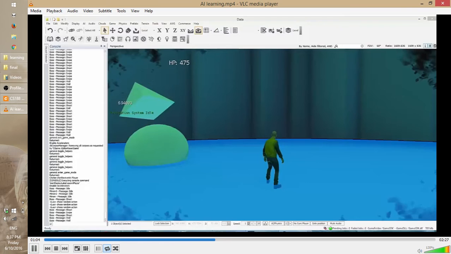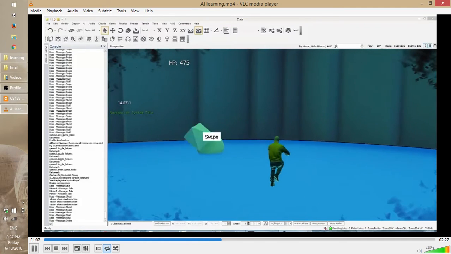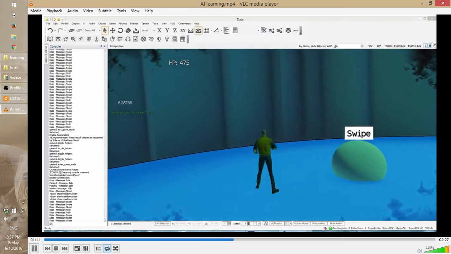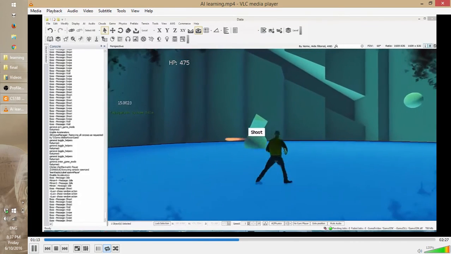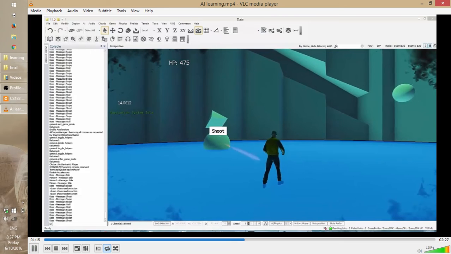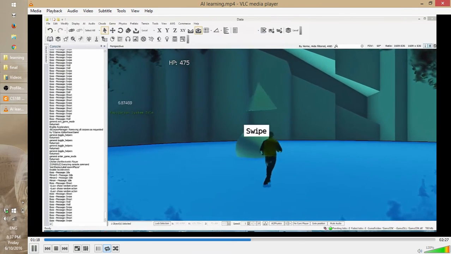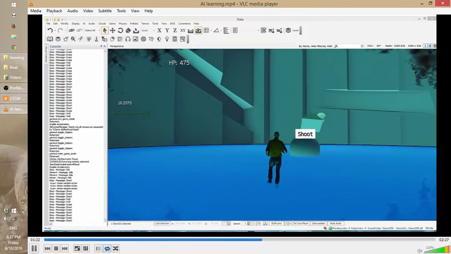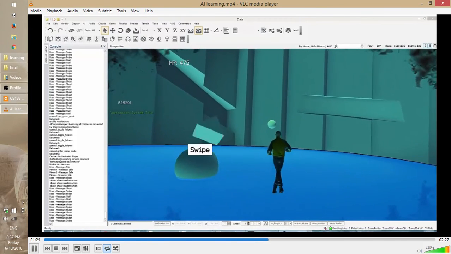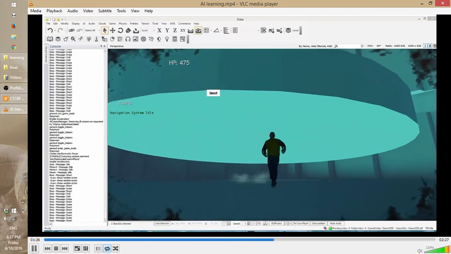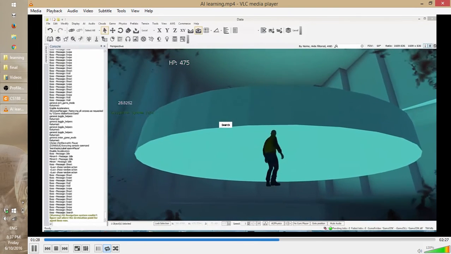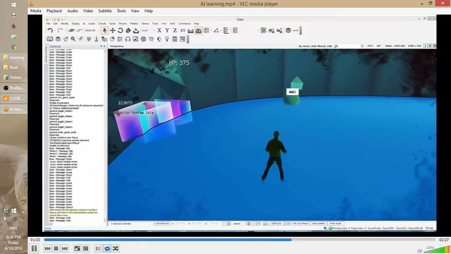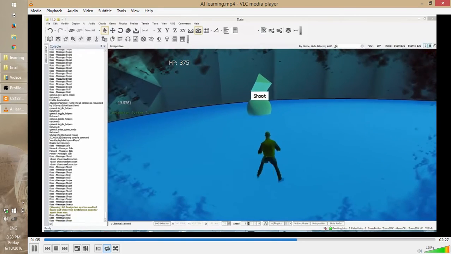And here I try to play differently. I will try to dodge every attack that the AI throws at me. It's not always easy, but I managed to do it. And we will see the results of this learning in a few seconds. But if you look on the left, the console here, there are some prompts that say choose random actions. That will be the randomness that we need so that the AI can actually adapt to the player's playstyle.